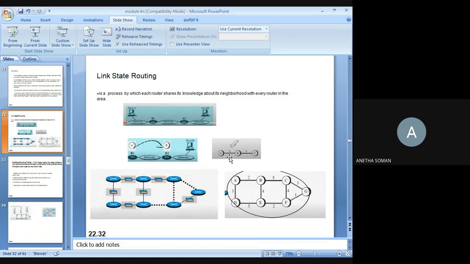That is the link cost, or the distance it covers. So each router is represented as a node, and you have a metric in between the nodes, which is the cost metric.